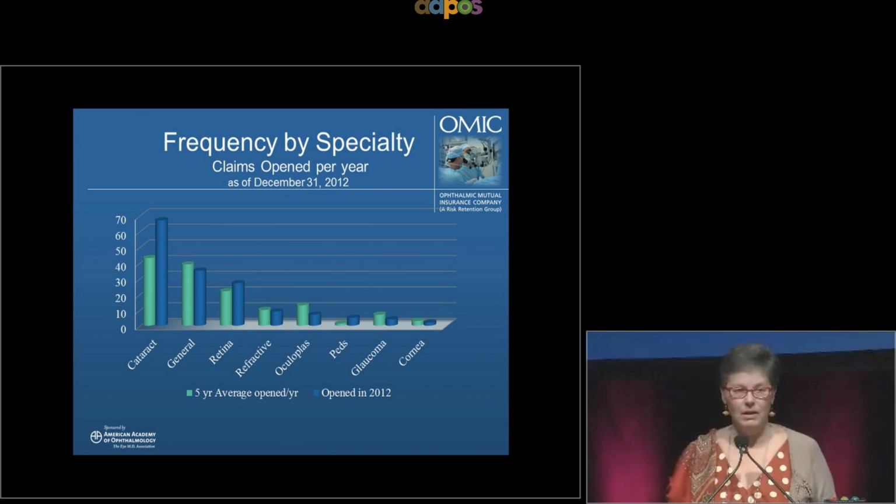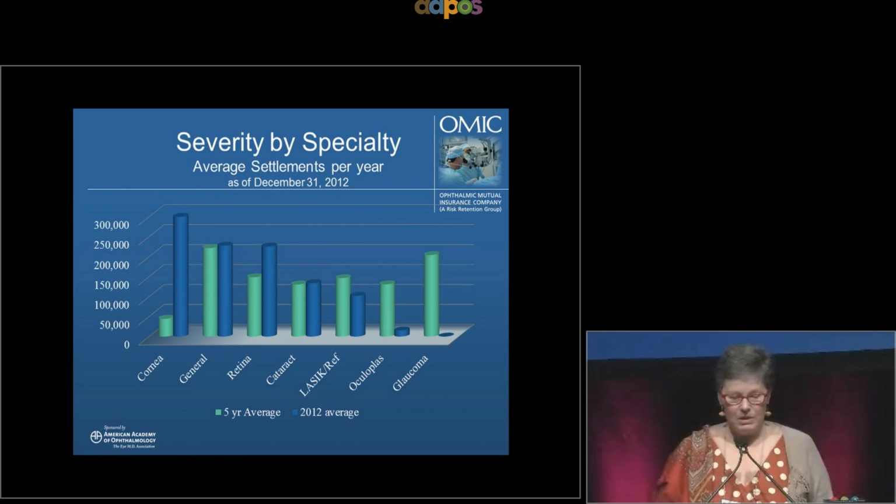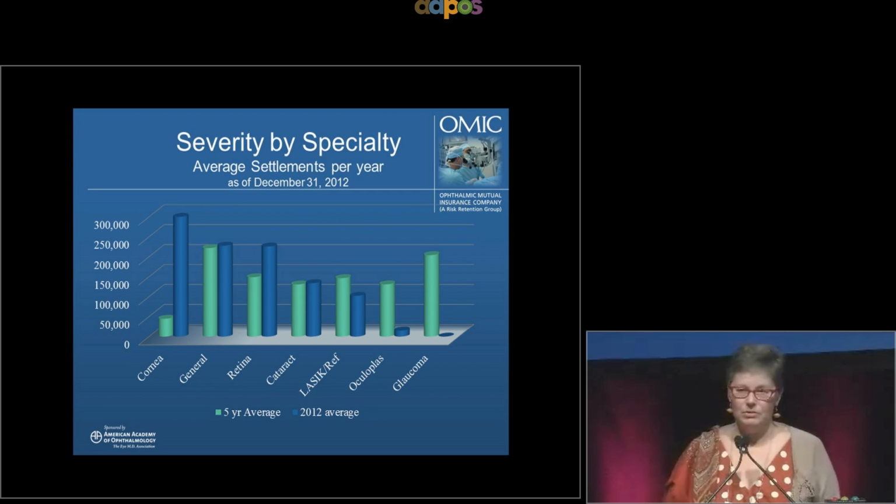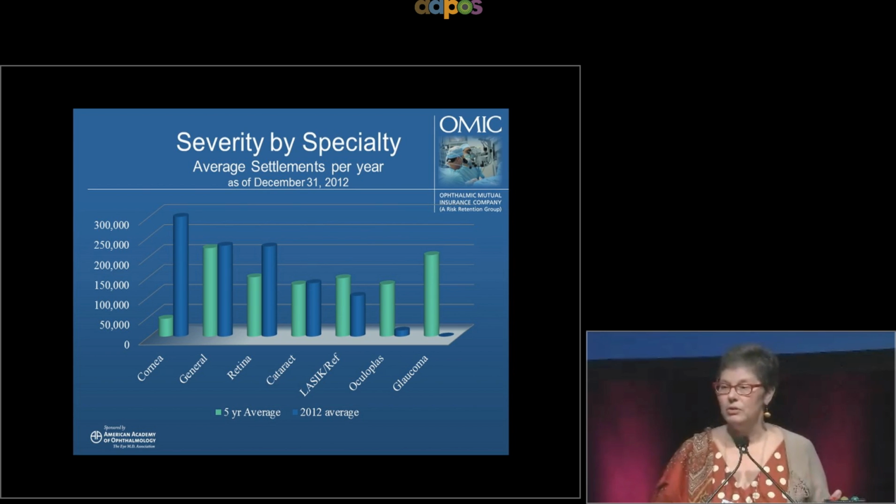And it's quite a lot, and we close them for quite a lot more money than in other ones. So here's the specialty slide, and you'll notice pediatrics isn't on here because Mary Kasher, who's our VP of claims, says it just ruins her slides. She doesn't put it on because it's so skewed. The dollar amounts in pediatric are so high that it throws everything else off. So I'll show you pediatrics in a second, but this is non-pediatric cornea.